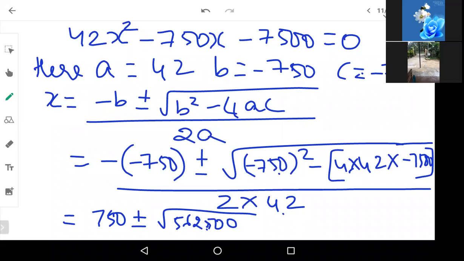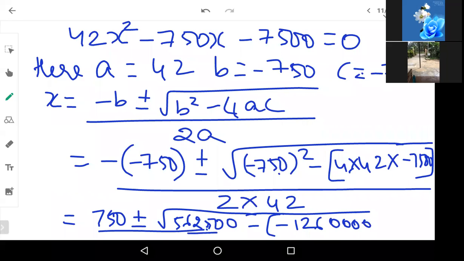And then if you see the other side, 4 into 42 into minus 7500, you will get minus 126 with four zeros. Okay, whole divided by 42 into 2 is 84. Okay, so 750